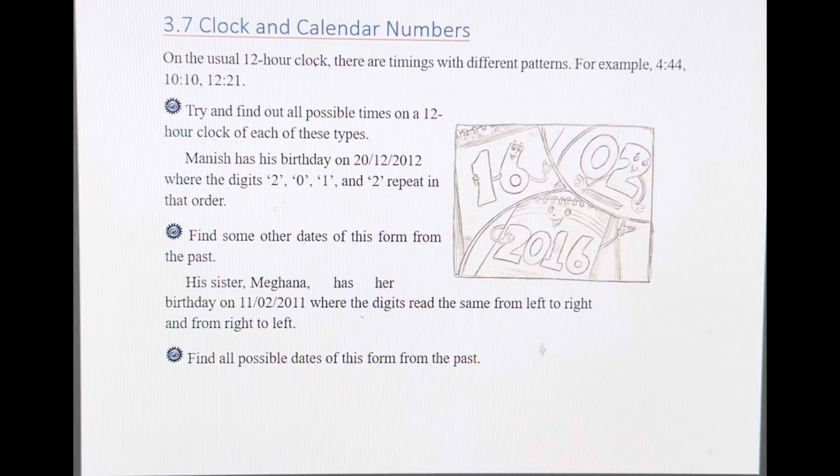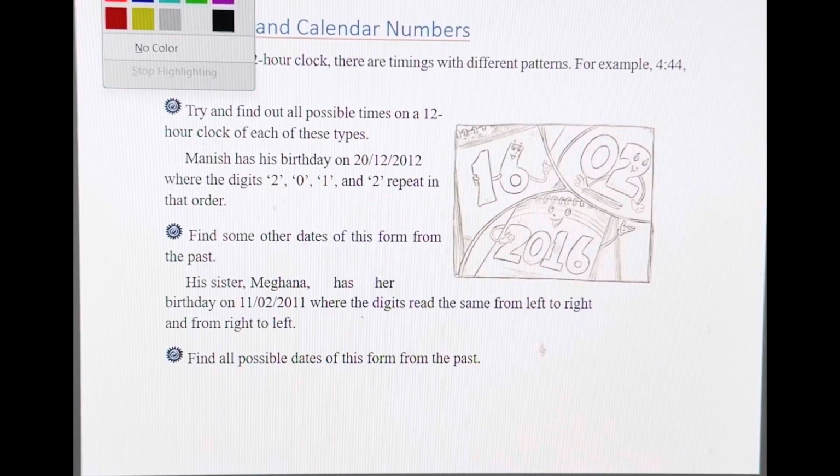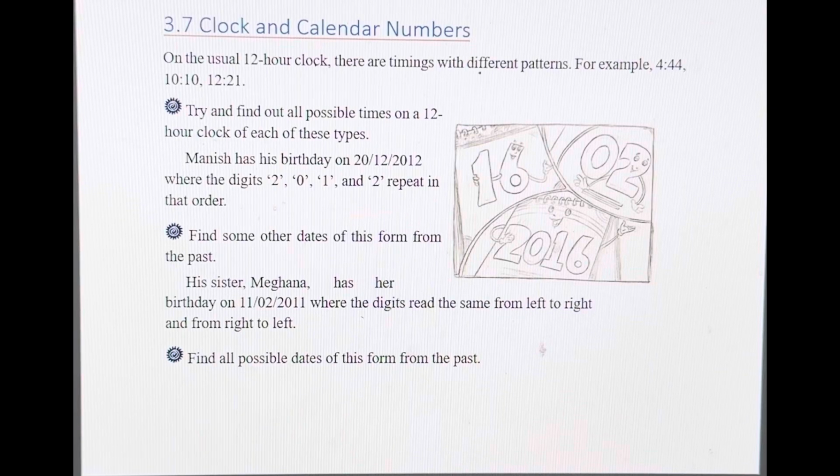On the usual 12-hour clock, there are timings with different patterns, like 4:44 or 10:10, 12:21, right? So try and find out all possible times on a 12-hour clock of these times. So first we need to try, so like 4:44 is already given. So it can be like, let's see,